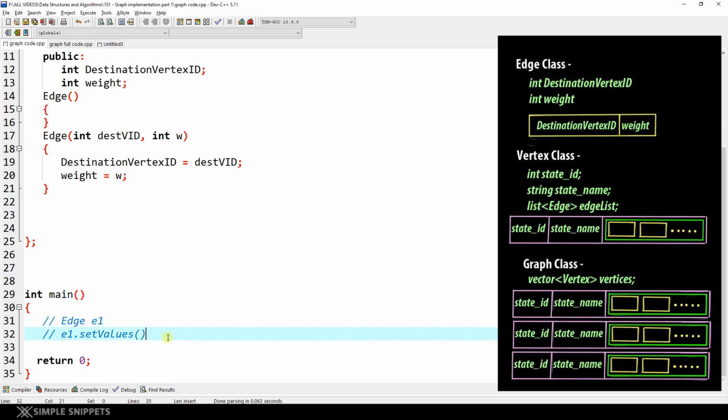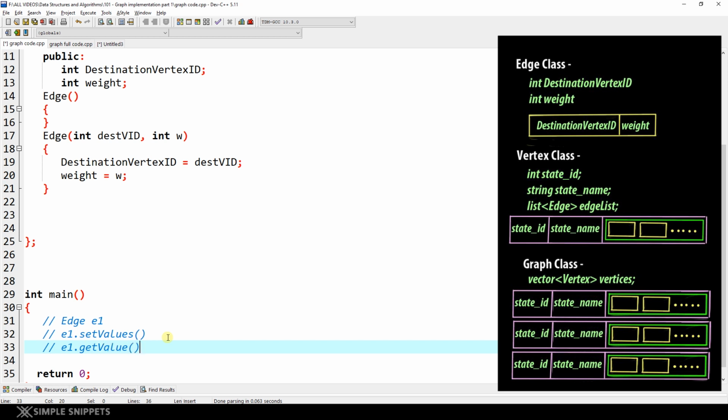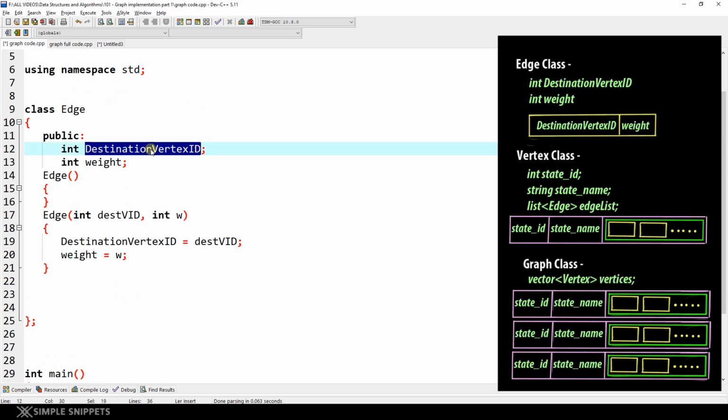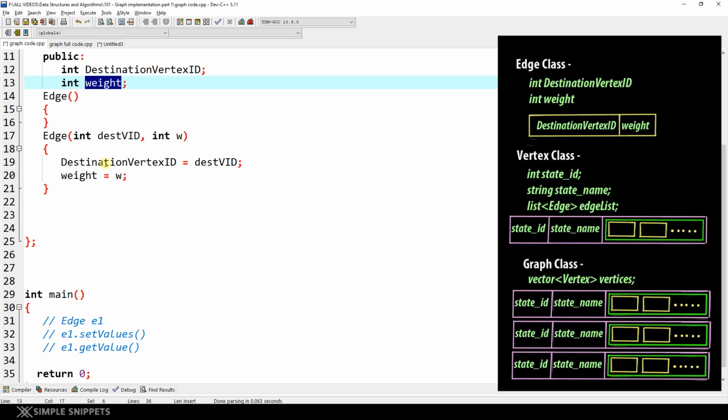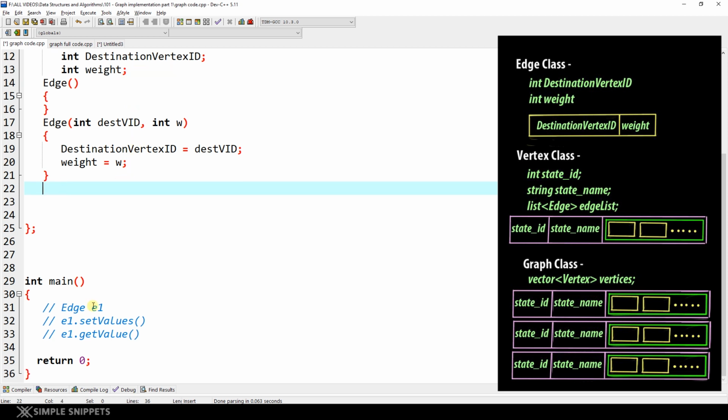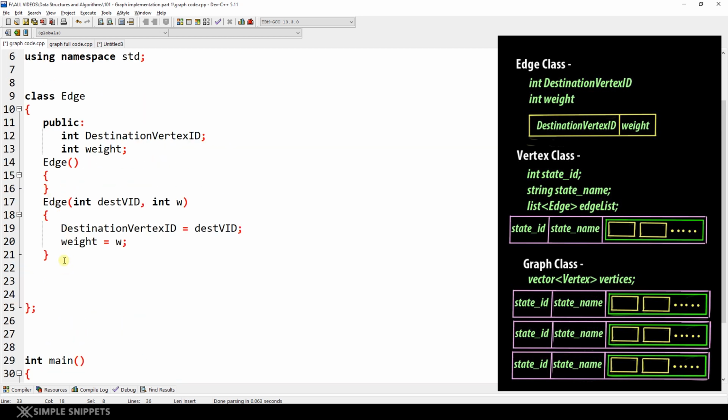Similarly, we will have e1.getValues, and as the name suggests, they will return the particular values, right? So you can say getDestinationVertexID, you can say getWeight, and you can only return one particular data member in an individual function. So these are the functions, that is set value and get value, that you have to code over here.